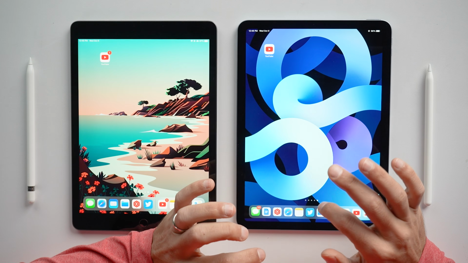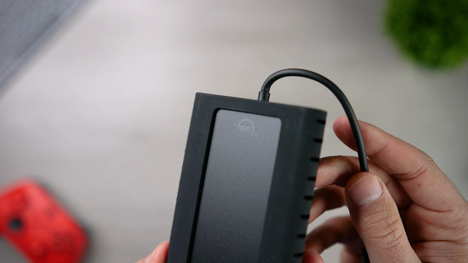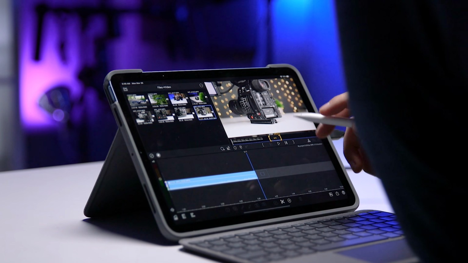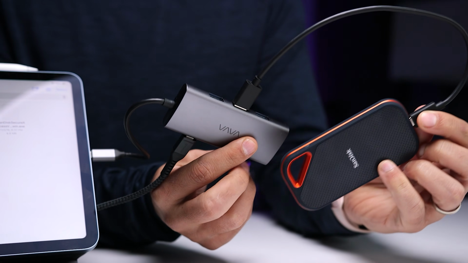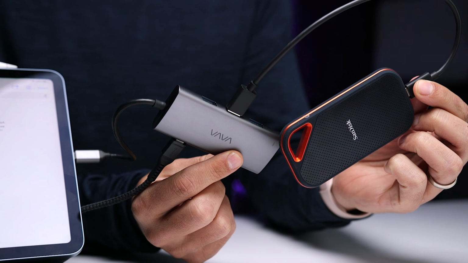The one major advantage of the iPad Air 4 when it comes to video editing has to do with the USB-C port at the bottom. It's a more powerful port, and it allows us to power faster and more capable external SSD drives. And with LumaFusion, you can actually edit right off of the SSD without having to copy the video files onto the iPad Air 4. This is not possible with the iPad 9. This means that with the Air 4, you're not really using the internal storage for your video clips, and if your SSD fills up, you can offload it to a slower backup device.